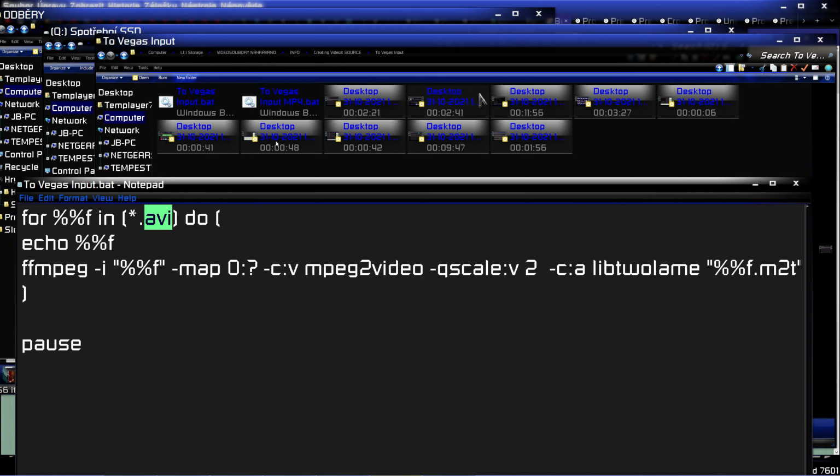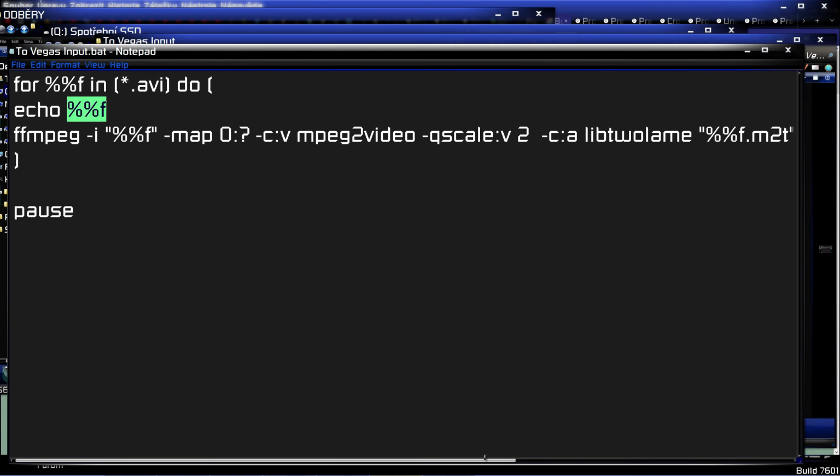So it will go through all the AVI files. This is a wildcard, so the name can be any name it wants to be. I could specify it, or specify a part of it by putting, for example, 2 and this file, and even if its name was just this file with something else, it would grab it. So I'm going to do this. It will echo its name into the console,